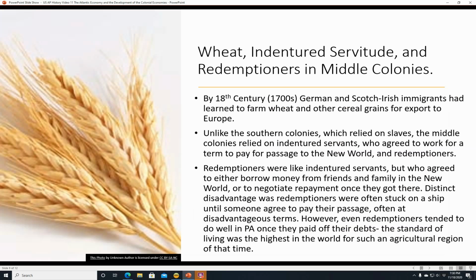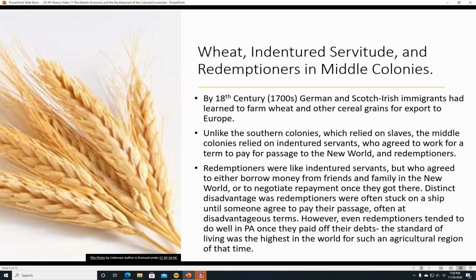Wheat, indentured servitude, and redemptioners in the middle colonies. By the 18th century, the 1700s, German and Scotch-Irish immigrants had learned to farm wheat and other cereal grains for export to Europe. Unlike the southern colonies, which relied on slaves, the middle colonies relied on indentured servants who agreed to work for a term to pay for their passage to the New World, and they also relied on redemptioners,